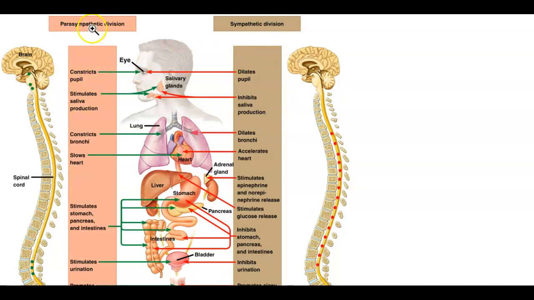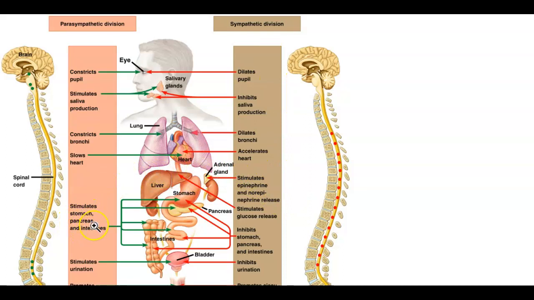The parasympathetic system would be your digestion and your eating, so it's going to stimulate salivary production. When you're nervous and ramped up with your sympathetic system, you have a dry mouth. It inhibits salivary production. When you're getting ready to run, your bronchi and your lungs dilate. When you're rested and relaxed, they are constricted. When you are having an asthma attack and you need to take an inhaler, it bronchodilates. That's a sympathetic medication.